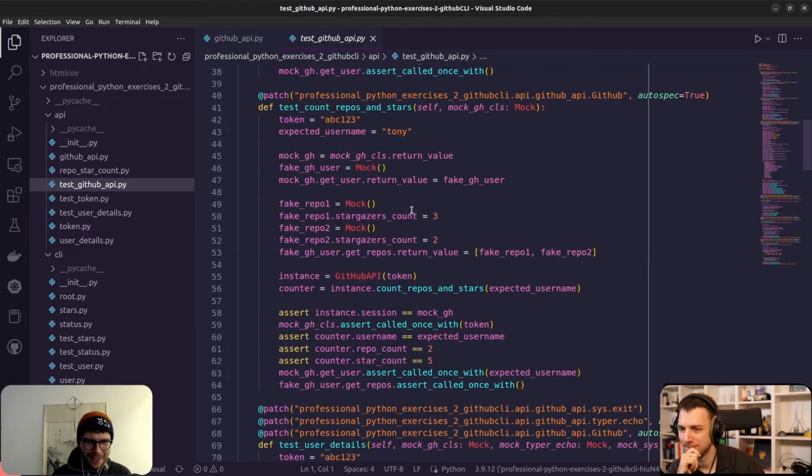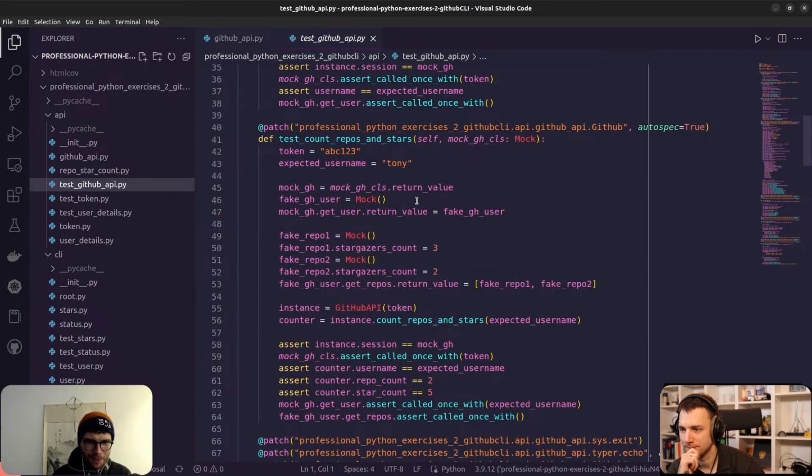Always testing the GitHub API function or class, rather said. It's a bit of a party, as you can see. So you basically see here, for example, what did I test? The repo and stars function. I take this GitHub object